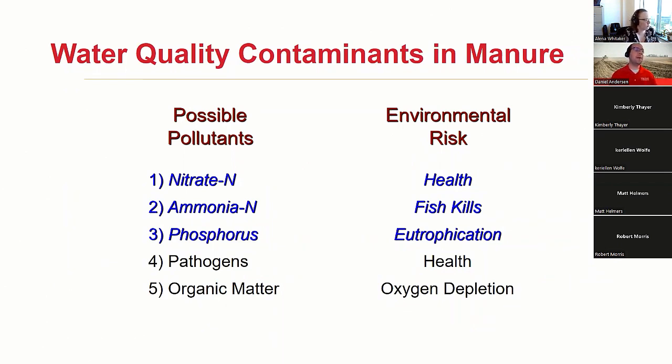And then two other ones that I have listed there are relatively unique to manure. When I think about pathogens, we know that's not coming with anhydrous ammonia. We know it's not coming with our MAP or DAP fertilizers. It really is coming from either manure or from a wastewater treatment side. And while I'm not going to dive too deeply into it today, I do think that as we move forward, it is something that we're going to have to pay attention to with manure. I have a few projects right now where we're looking at antibiotic resistance, we're looking at pathogens in manure, and how our current production practices impact their survival, but also what are things we could potentially implement to try and reduce the risk of some of those potential problems moving to water sources in Iowa.